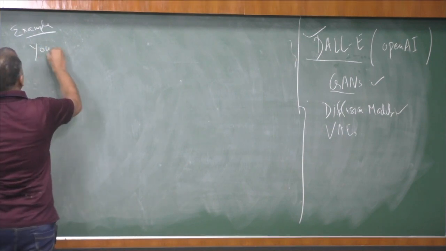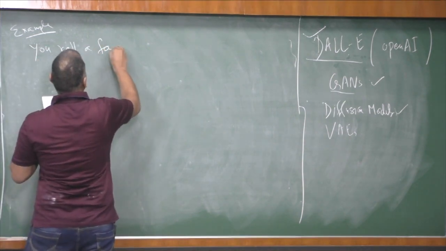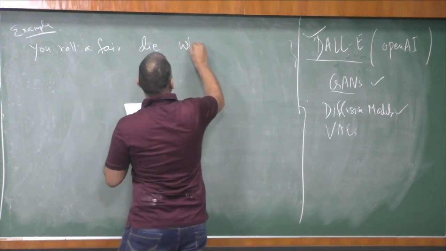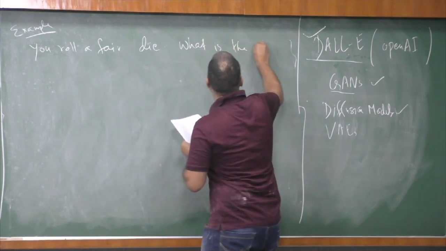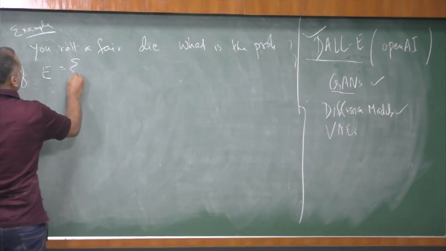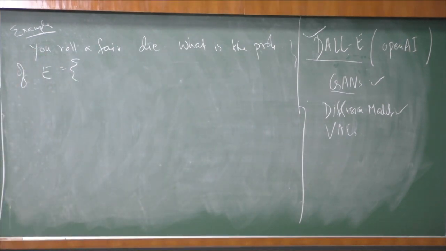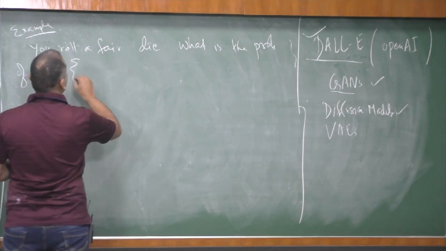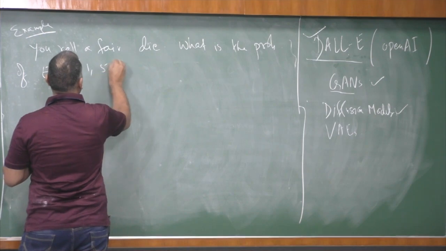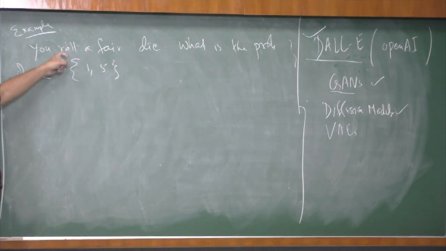Okay, so you roll a fair die, and what is the probability of the event? So this is a die. We are expecting some numbers between 1 and 6, and so in this case my favorable event, let's say, is {1, 5}. So remember, although if I roll a fair die, the outcome is only 1,